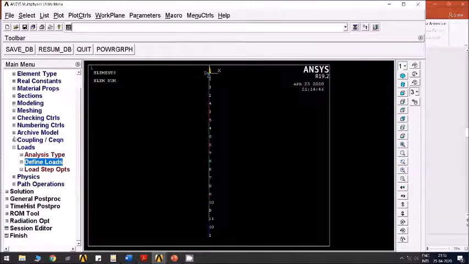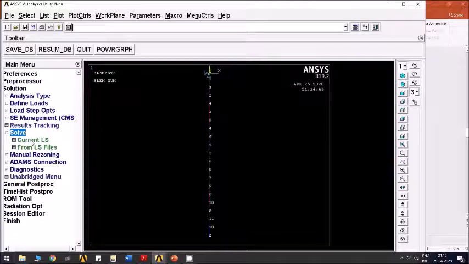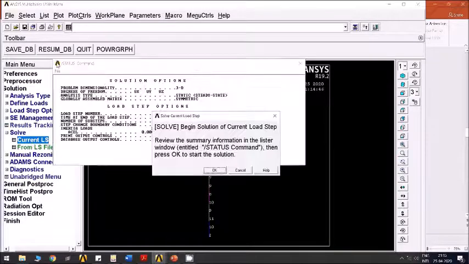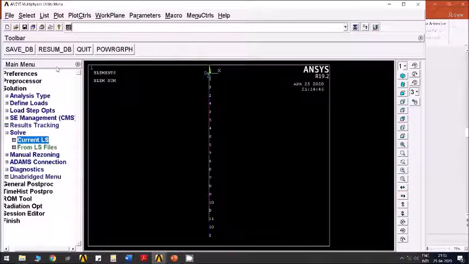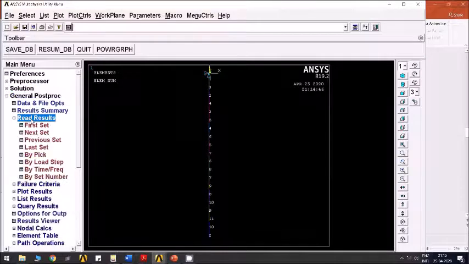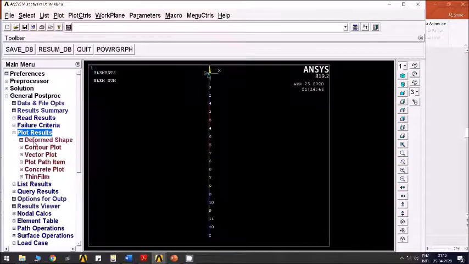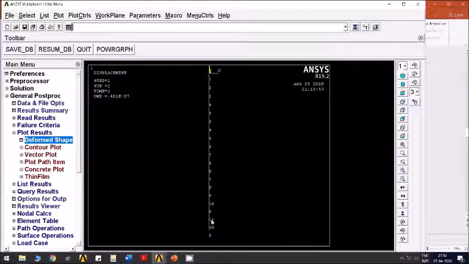Solve the problem. Current load step. Solution is done. Go to general post processor, read results, last set, plot results, deformed shape, deformed plus undeformed. You can see the deformation.